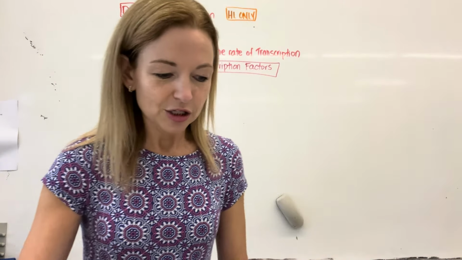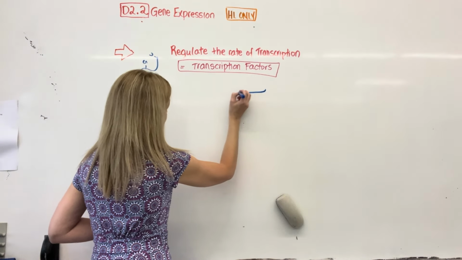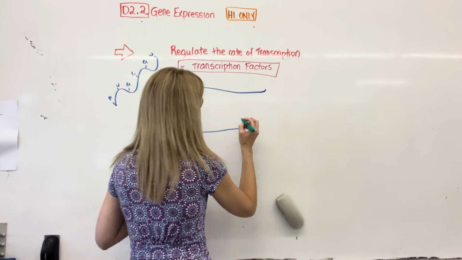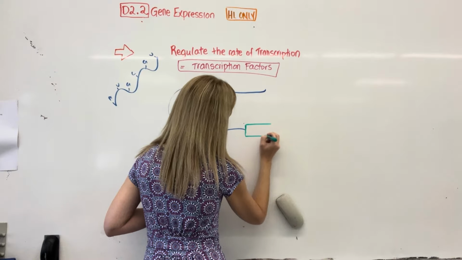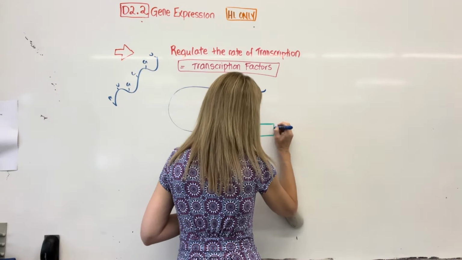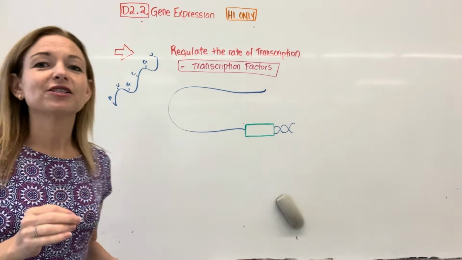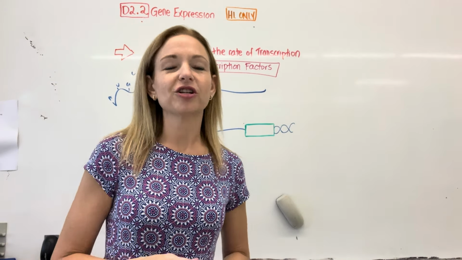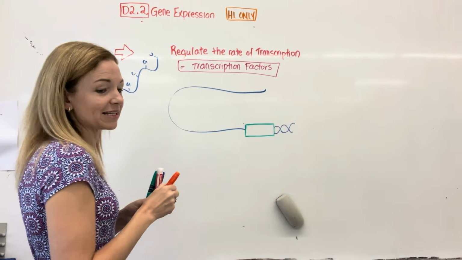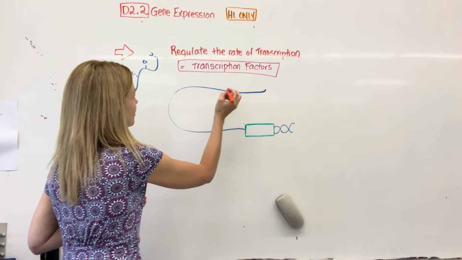So we're going to do a little diagram, and then we're going to do a little table of the different types. So we're going to draw our DNA. So a lot of the times when we have these transcription factors, they actually are upstream of the gene. So this is my promoter, and my actual gene is down this way, right? Okay? So this is before we get to the promoter. There's often some extra areas that we need to know about. So we're going to also look at some enhancer sites and silencer sites. So usually far away from the promoter, we're going to have some enhancer sites.